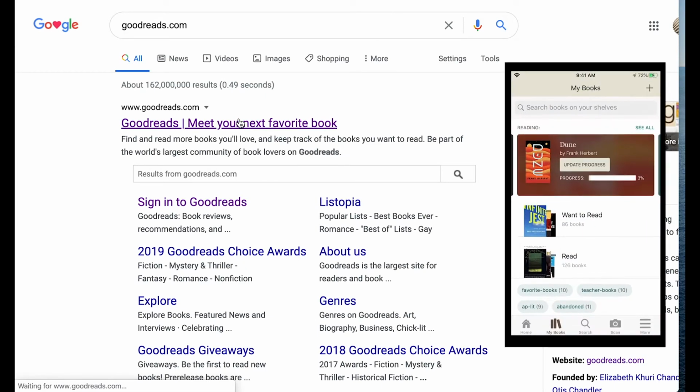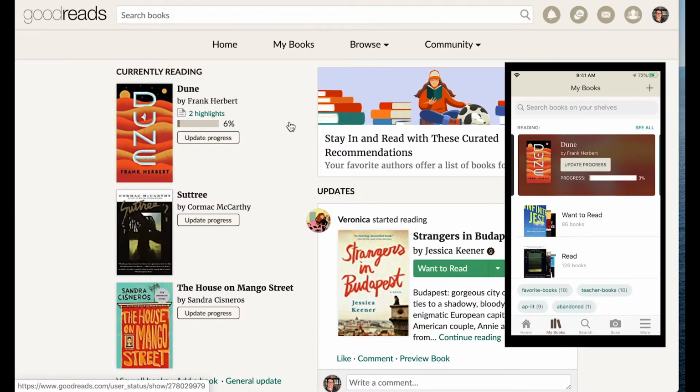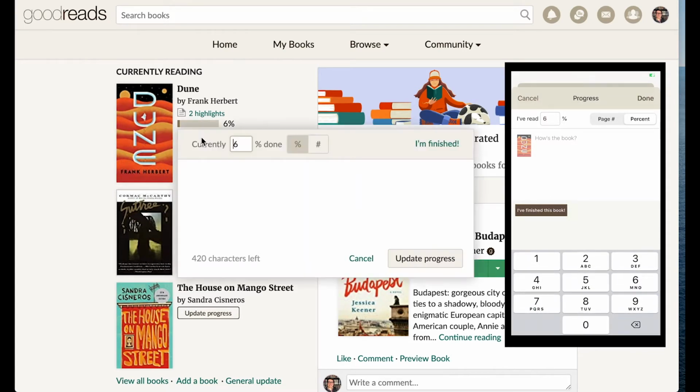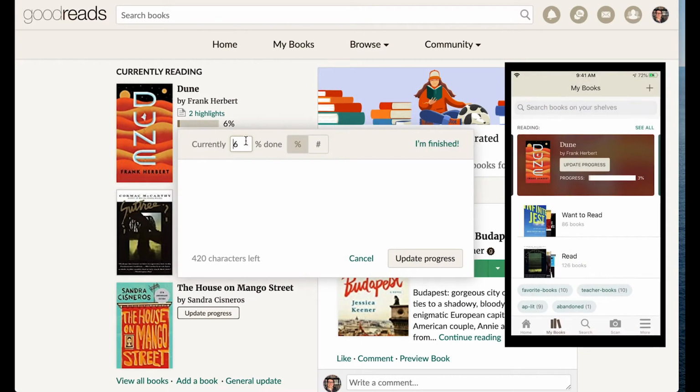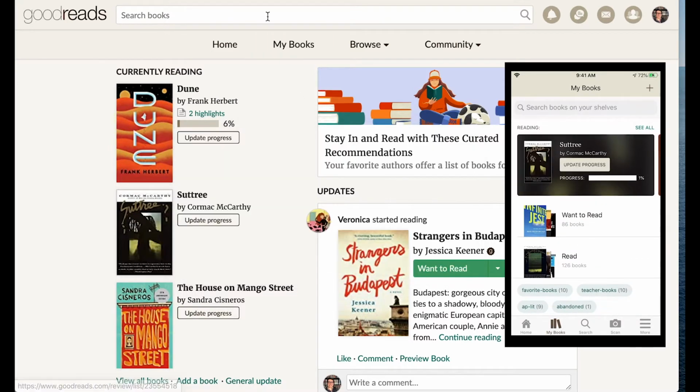And then after logging in, you should be able to see your currently reading books on the left side here. Just go ahead and click Update Progress, and then you get the same dialog you would get in the app. If you want to add a book to your list,